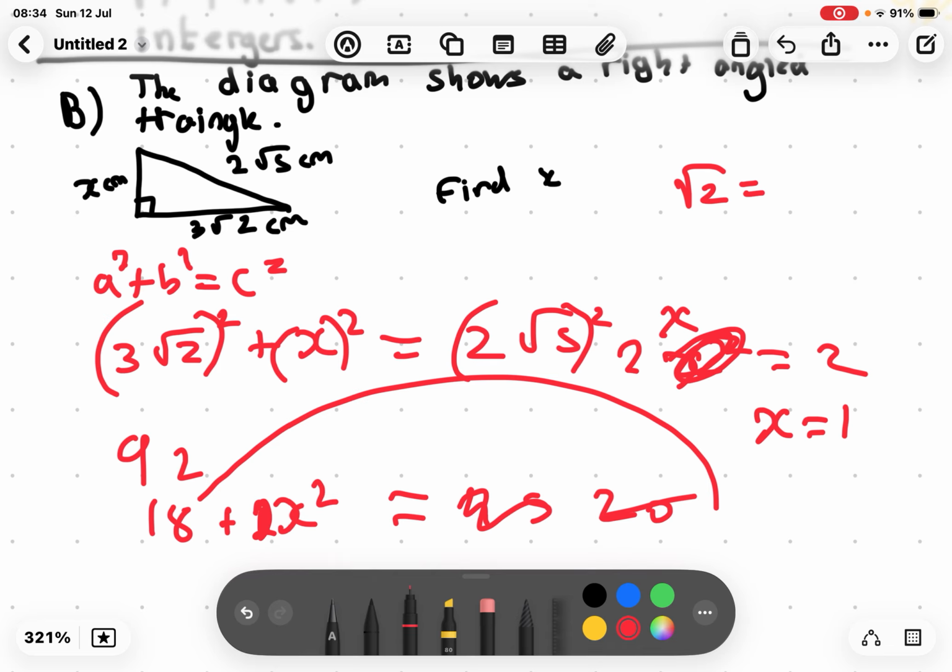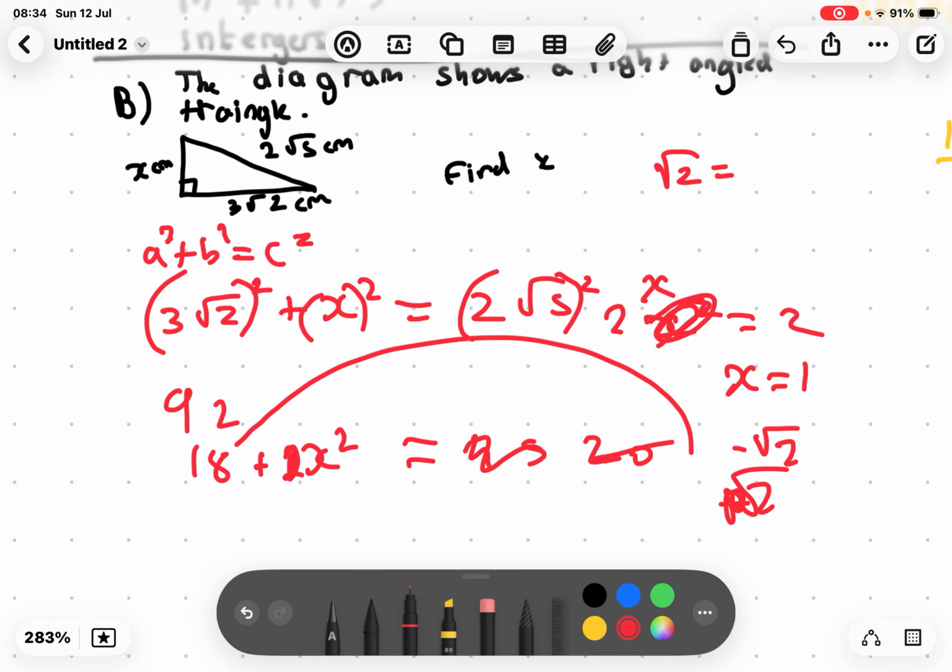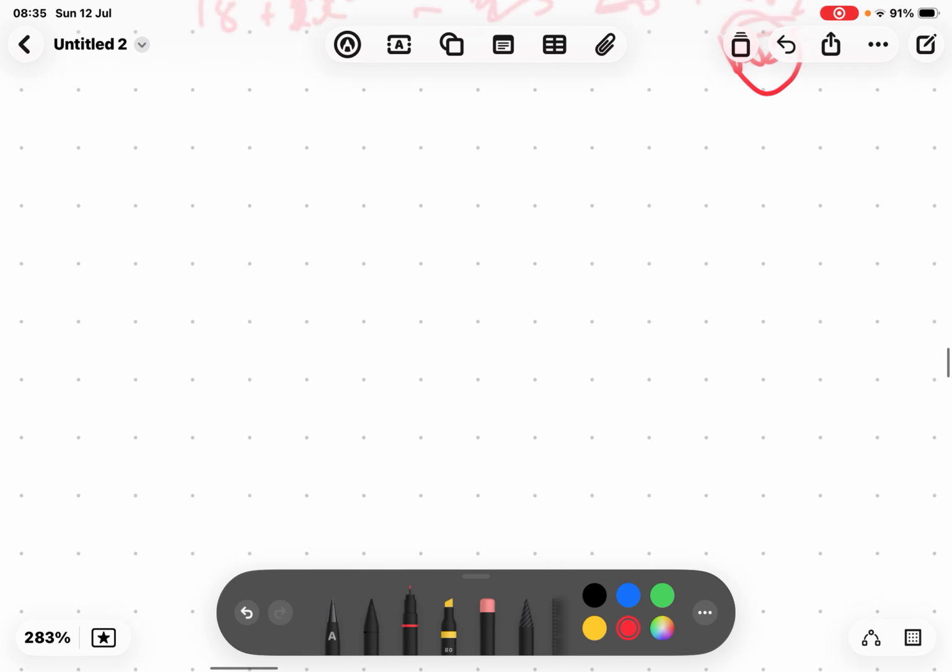Oh, he said minus, like rooted 2s. Yeah, I have to include that in my notes. So it can be either minus rooted 2 or positive. Oh, no, or positive root 2, but with a root. And he said it would be done for it being negative because of the type of the question, right? Like, what do you mean negative in a triangle? So it's the positive, but it could be a negative as always. I mean, can't be, but, like,